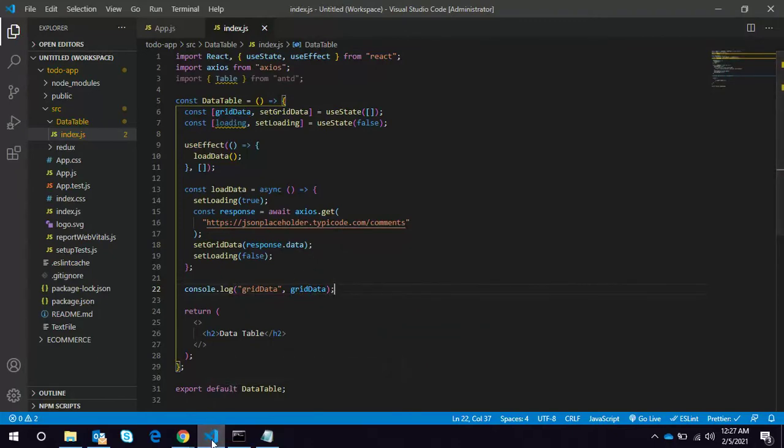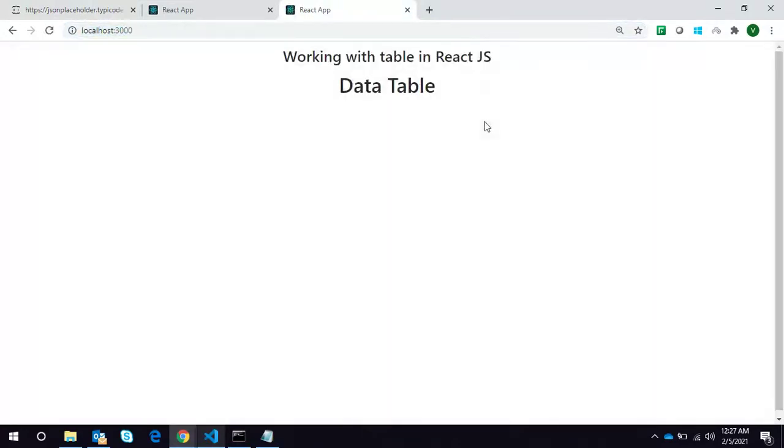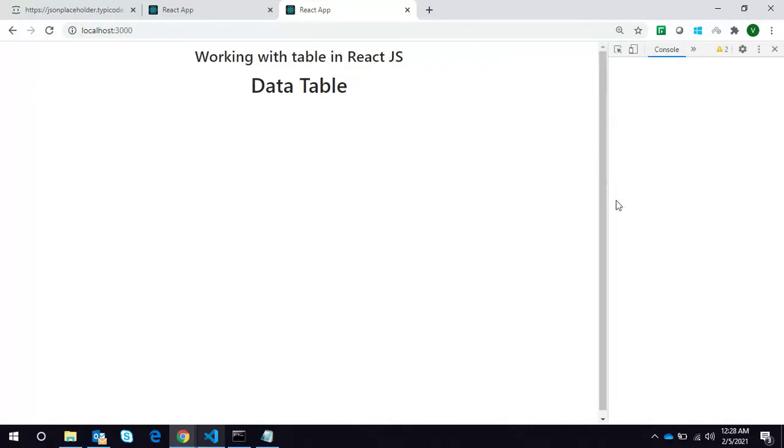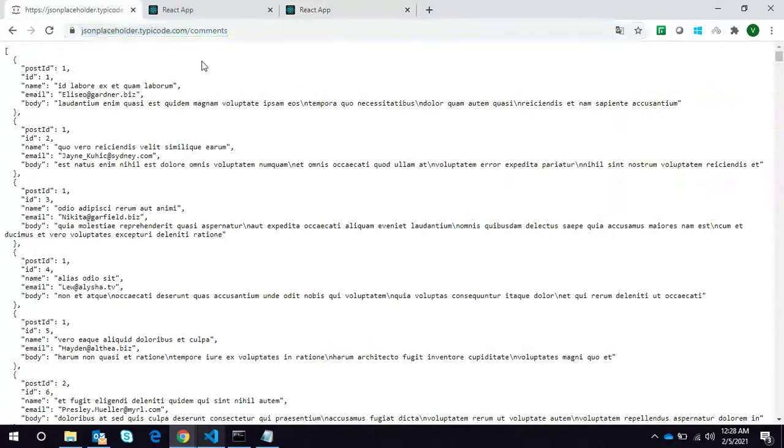First let's check in the console. Okay, we are getting the data. You can see 500. So this fake API returned an array of 500 objects.